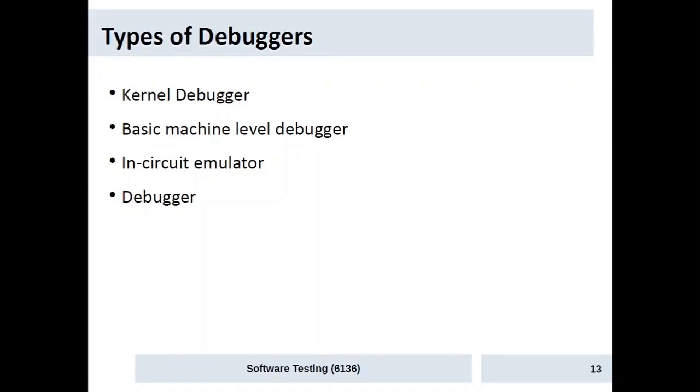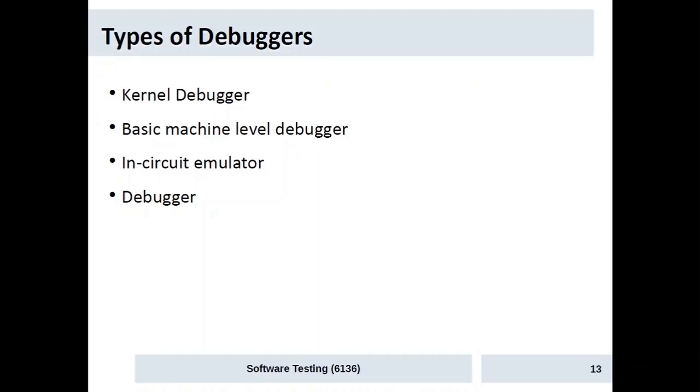It is used for debugging the actual running code as it is processed by the CPU. Third one is the in-circuit emulator. This in-circuit emulator sits between the operating system and the hardware and can watch and monitor all the processes and interactions between the applications and the operating system. So we will be able to see the values or the interactions between the applications and the system, and we can trace the values and see where the issues are happening.